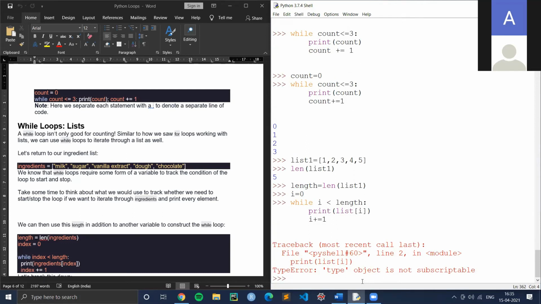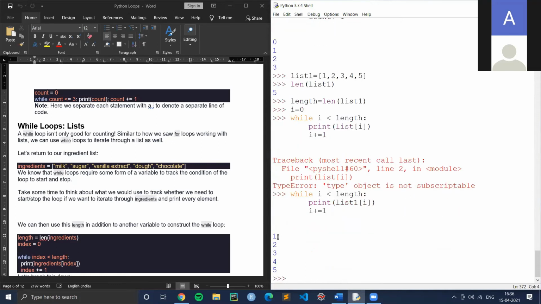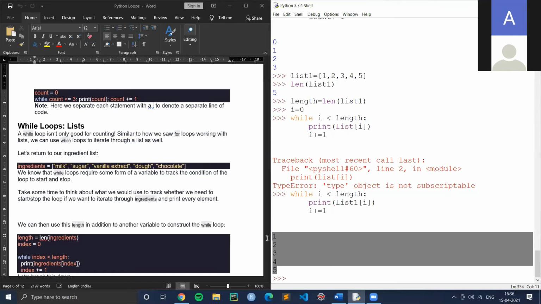Now, if you see, it says not subscriptable. What have I done? Okay, fine. I've used list, whereas I declared list 1 here. I had to change it. Let me just do this: list 1. So that is the error. Yeah, so it's going to print 1, 2, 3, 4, 5. You have to keep a note of whatever you are declaring. There was an error because I declared it as list 1, but then I accessed list of i, so it could not find anything. That's the reason it showed an error. So this is what it's going to print.